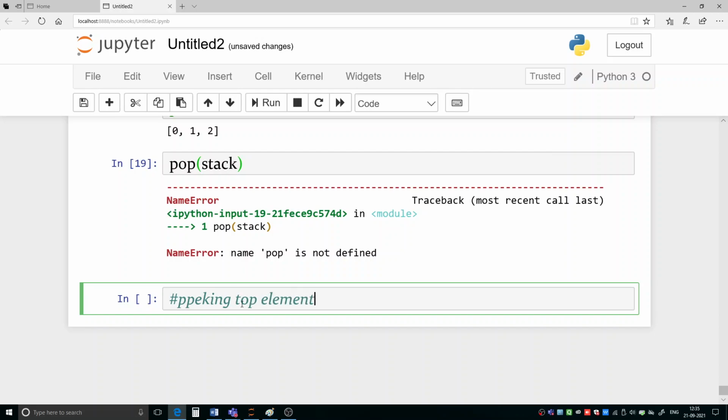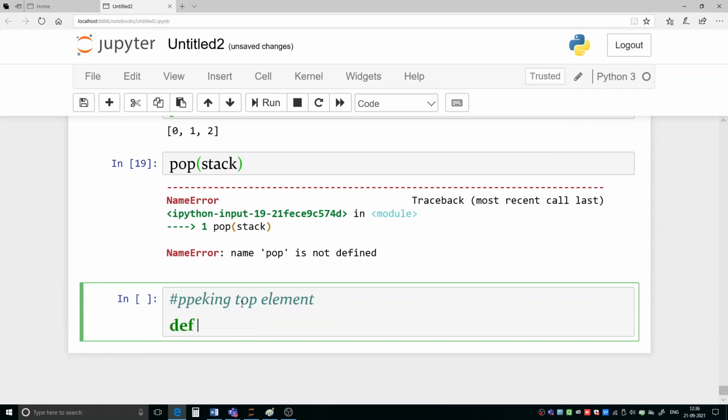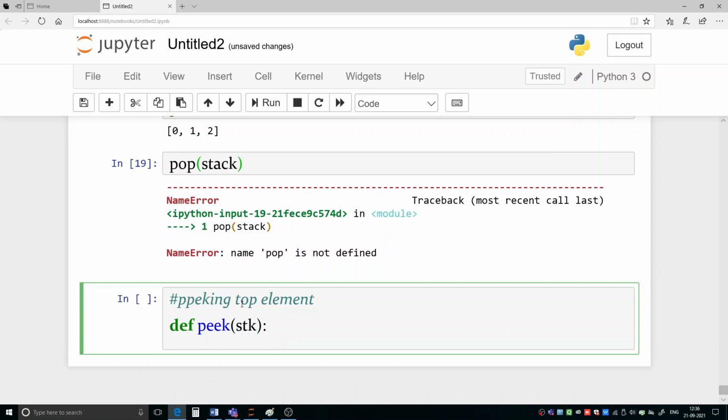Let us define def pick, and we have to pick from a stack. Again we have to check whether the stack is empty. Then in that case there is no element at the top, so simply we will write: if is empty,